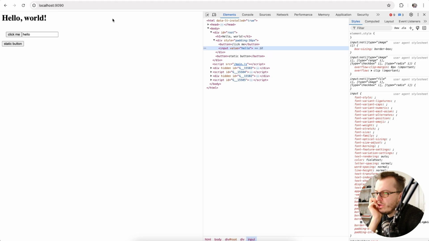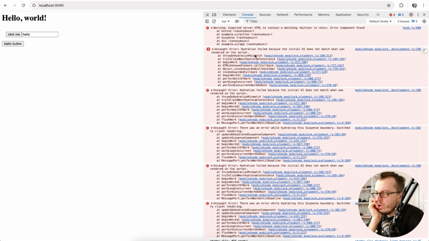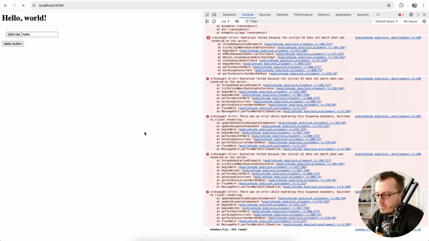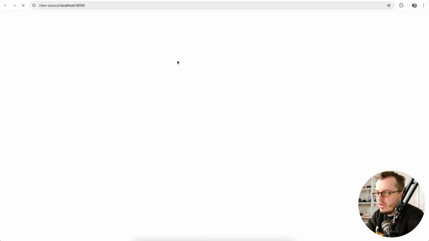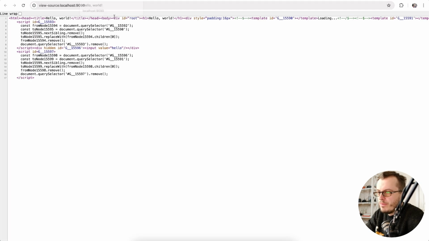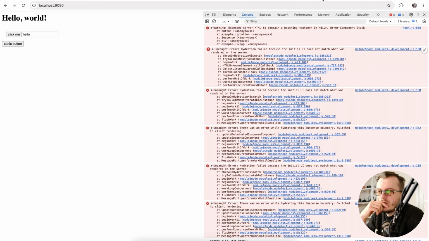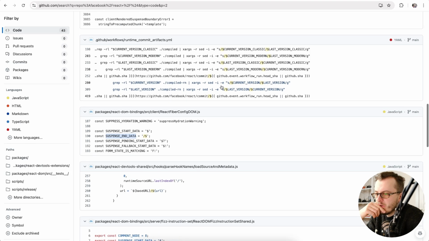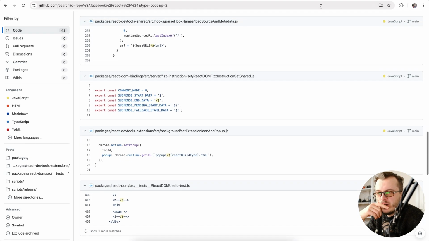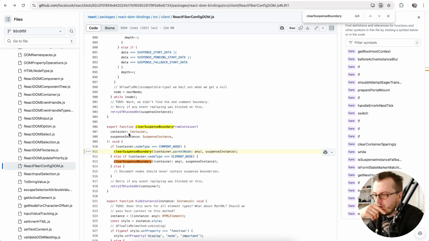But expect server to contain a mention button in div error component stack. Yeah, I'm not sure. Like here, it doesn't seem like React is handling it automatically. So either maybe this code is not activated,